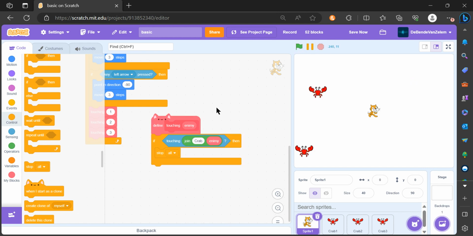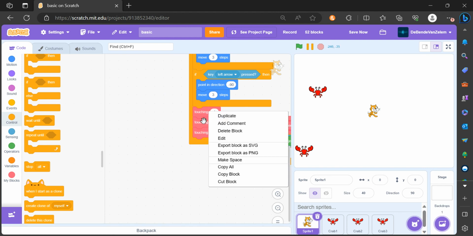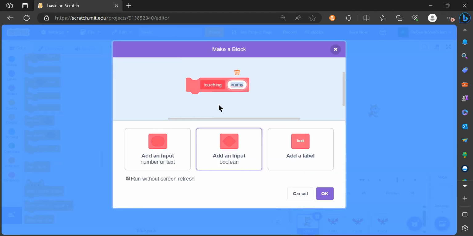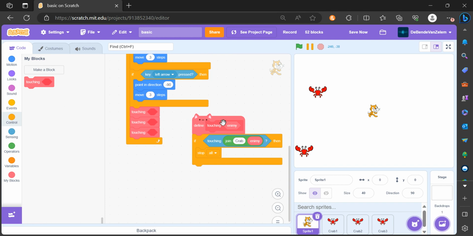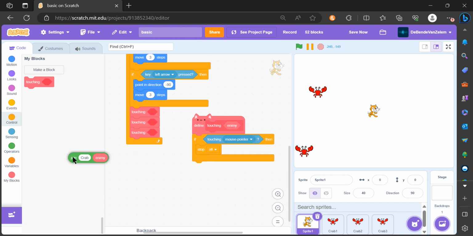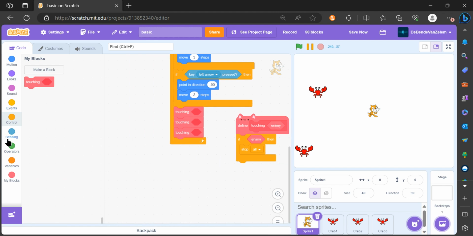What you could also do is just delete this one and put in the input enemy, run without screen refresh, and then you just add an if, and then you just put in here